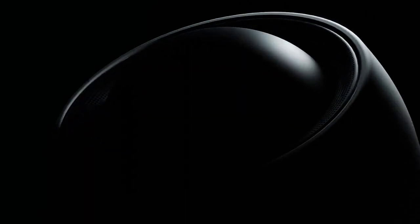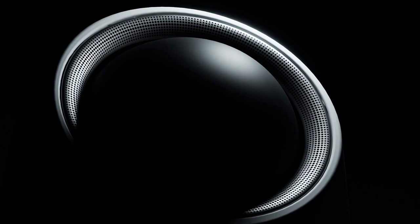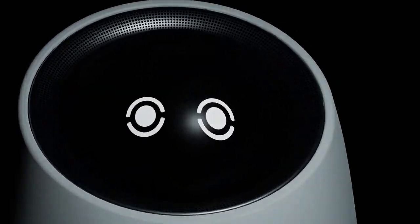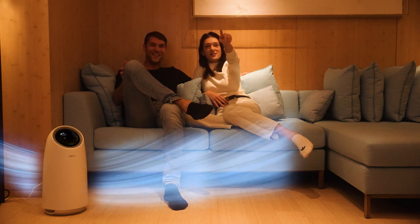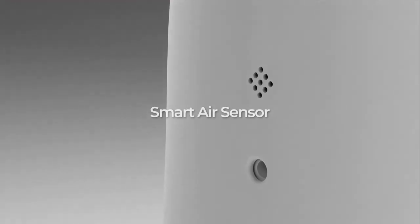Introducing Nara, the versatile air purifier robot. Created to keep the air clean, Nara works night and day to remove any harm from the atmosphere all by itself. The smart air sensor will instantly detect any threat in the air